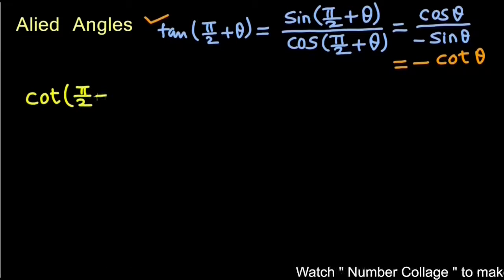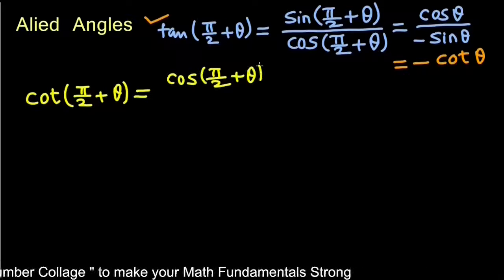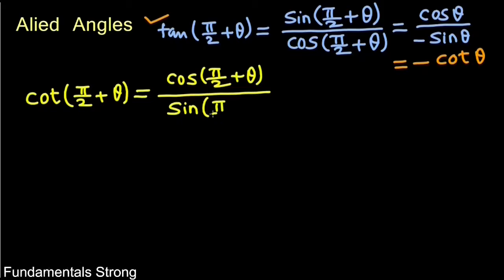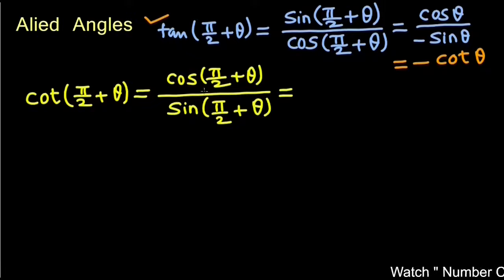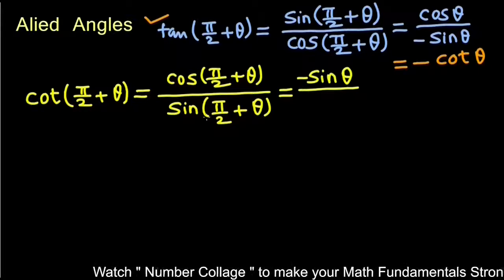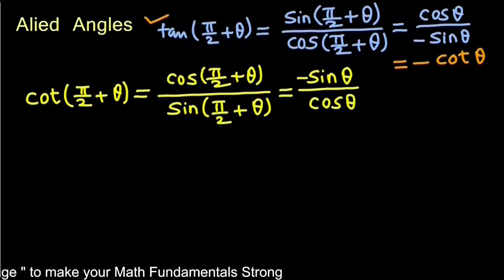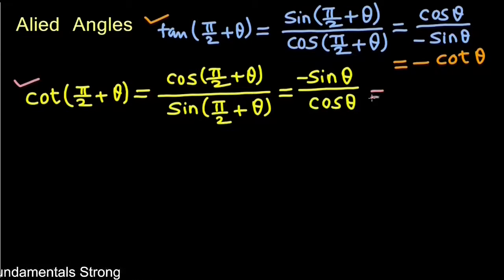Cot pi by 2 plus theta will be cos pi by 2 plus theta upon sin pi by 2 plus theta. But we have found out cos pi by 2 plus theta is minus sin theta and sin pi by 2 plus theta as cos theta. Therefore, cot pi by 2 plus theta will be